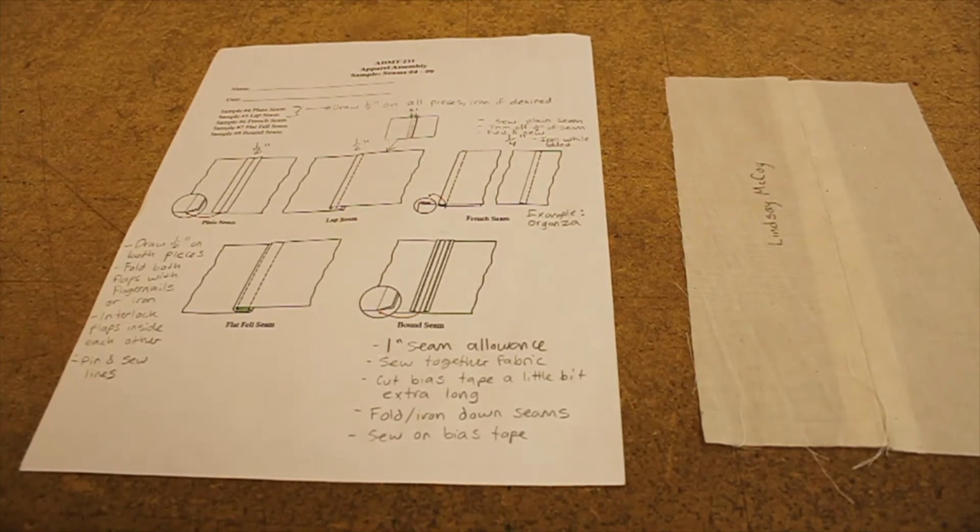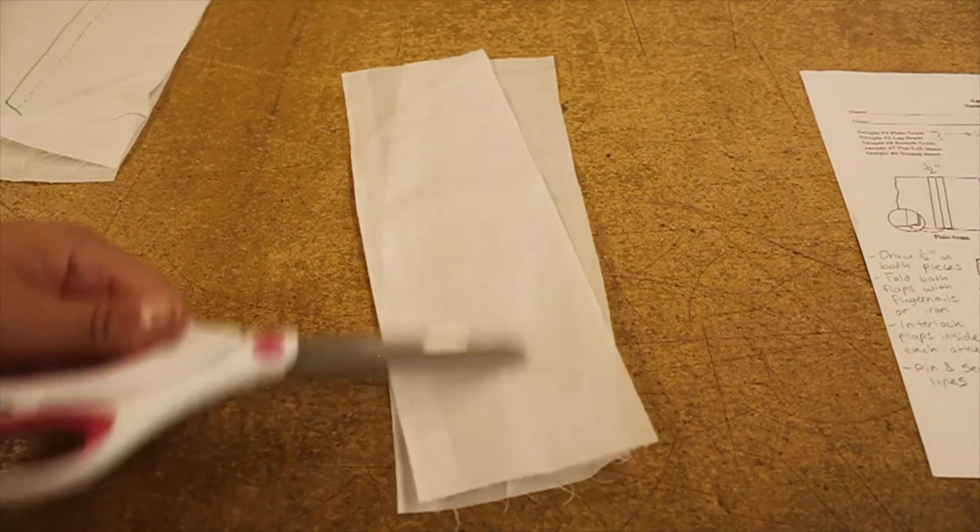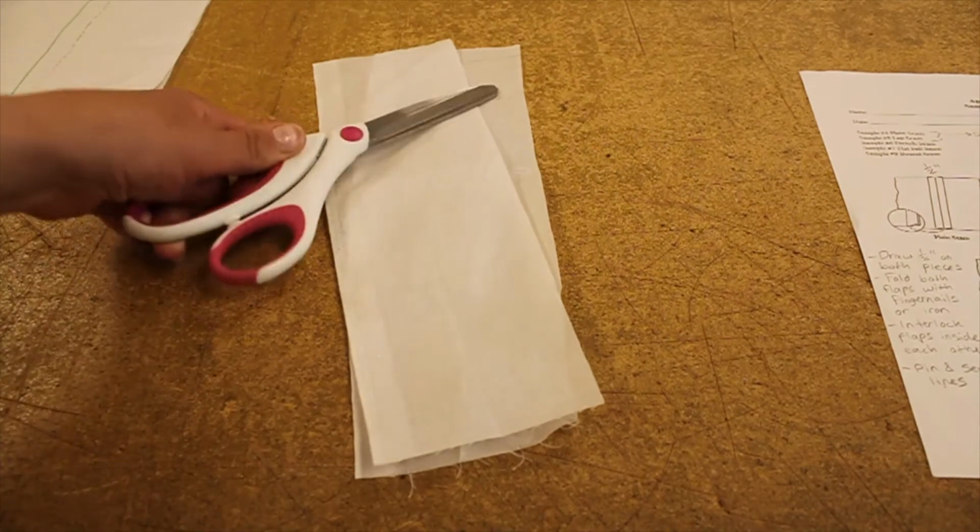This here is sample number 4, and it is called the plain seam. So I will show you first what you're going to need, how to prepare, and how to sew. Okay, so first thing we're going to do is cut out 2 identical sized pieces of